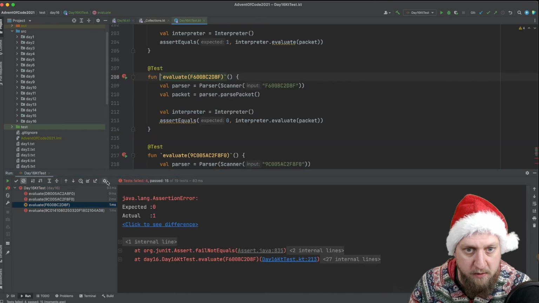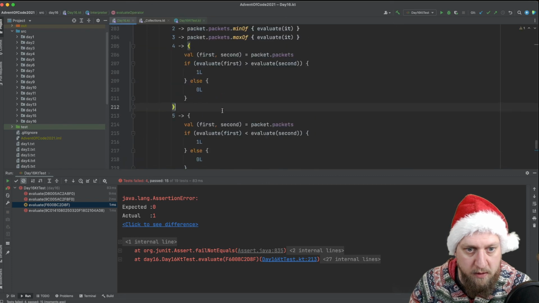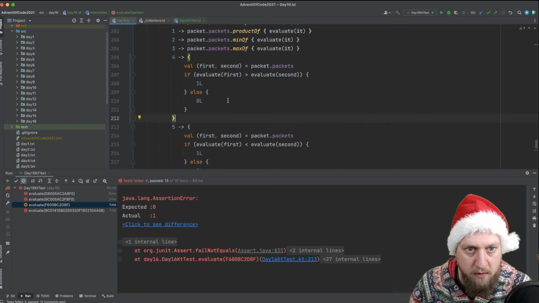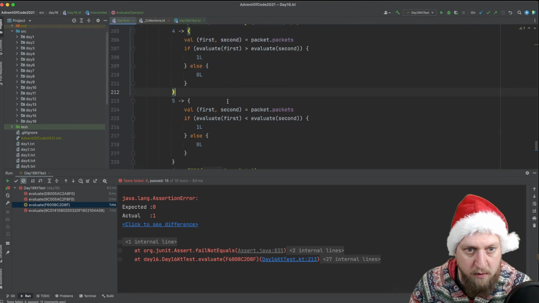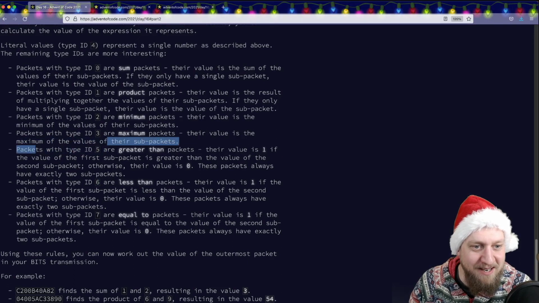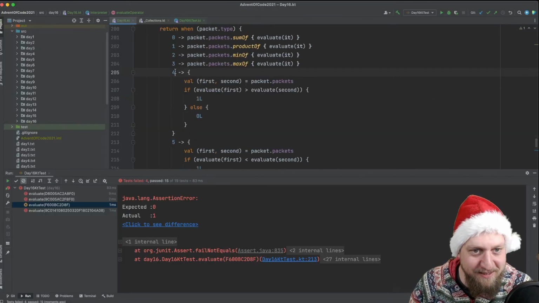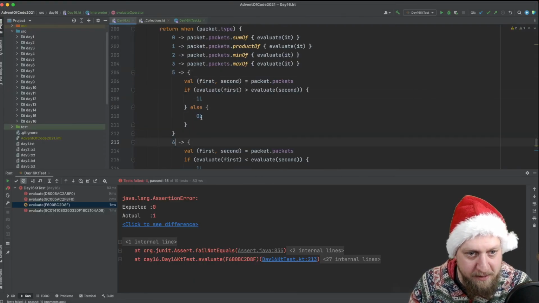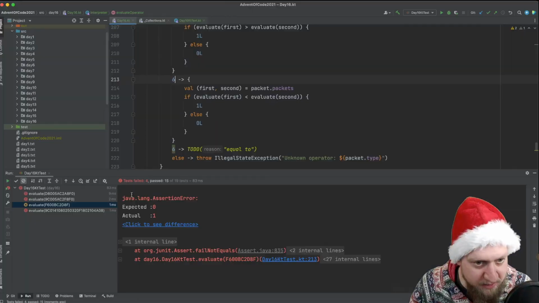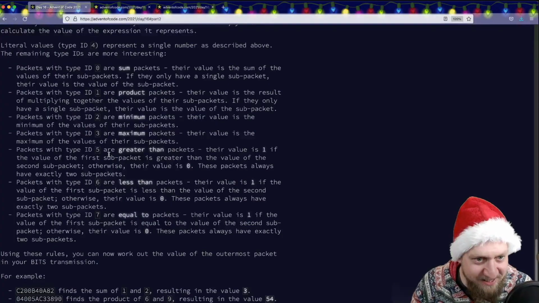This one is not evaluating correctly. Oh, wow, what a trick. It is not 4, it is 5 and 6, and this one is 7. What the hell? If this wasn't on purpose, then